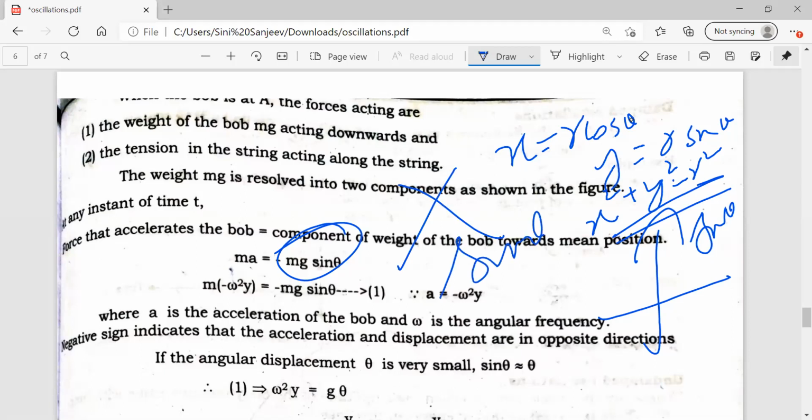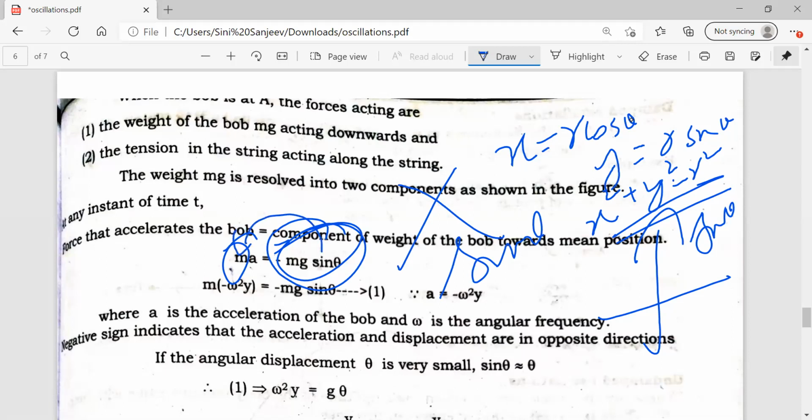So again here, force is mass into acceleration. That is equal to what? The component weight of the bob. Why is it negative? Because it's a negative work, it's moving against the gravity, right? Something moving against the gravity means negative work is done, or negative force applied. That's the reason I'm putting in the negative sign so that they cancel each other out. For example, if I add ma plus mg sin theta, the answer should be equal to 0.